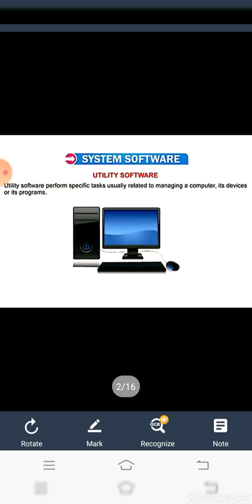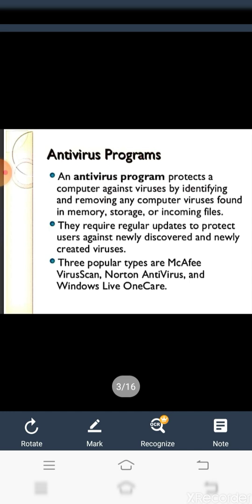You can buy various utility programs from a licensed computer store, or they are also available free of cost on the internet. Some of the utility software programs are antivirus utility. Antivirus utility provides protection to your computer against virus attack. They include tools to recover lost files and protect your machine against system failure. Some examples of antivirus utility programs are McAfee, Virus Scan, Norton Antivirus, etc.